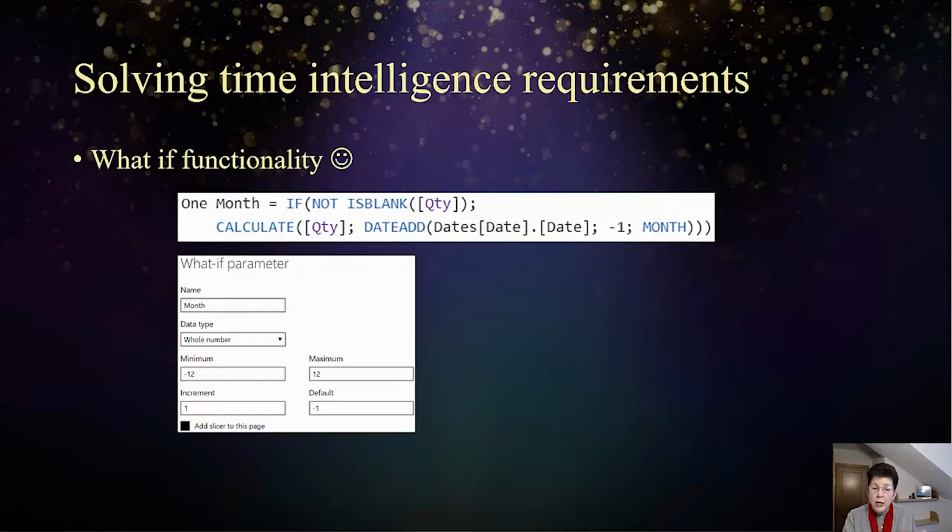But what about if I need to see the values for the last 2 months, or I need to move 2 months to the past, 3 months to the past. So what if parameters is the great functionality. We are able to create a parameter, in this case, for example, from -12 to 12, increment by 1, and